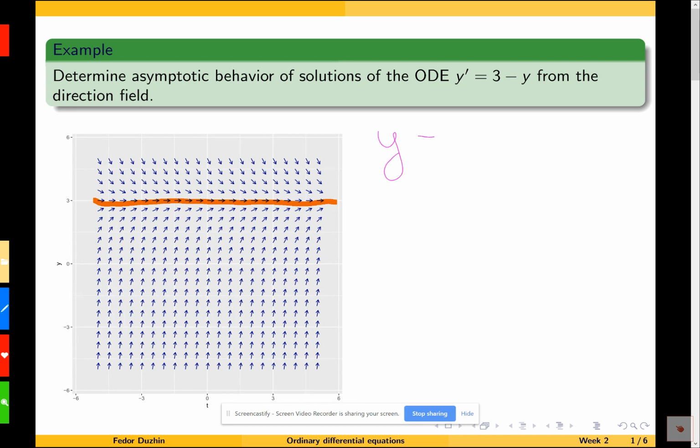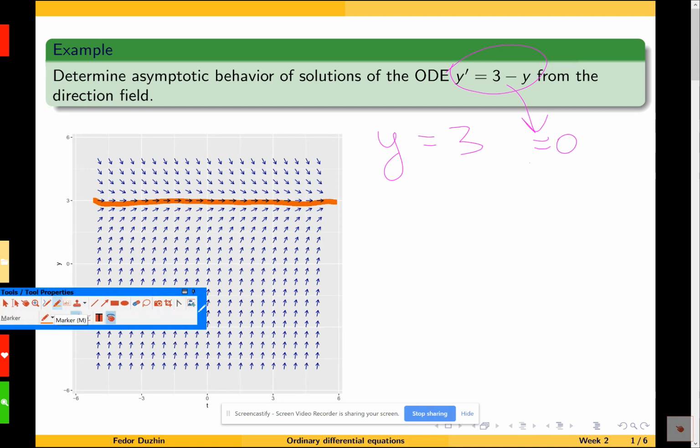So y equals 3 is an equilibrium solution, which, by the way, we can just find from the differential equation. So we equate the right hand side to 0 and solve for y, and we find that y equals 3. But at the same time,